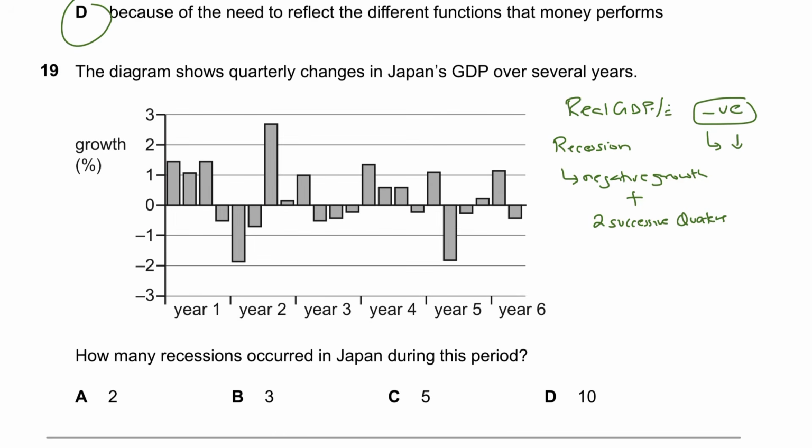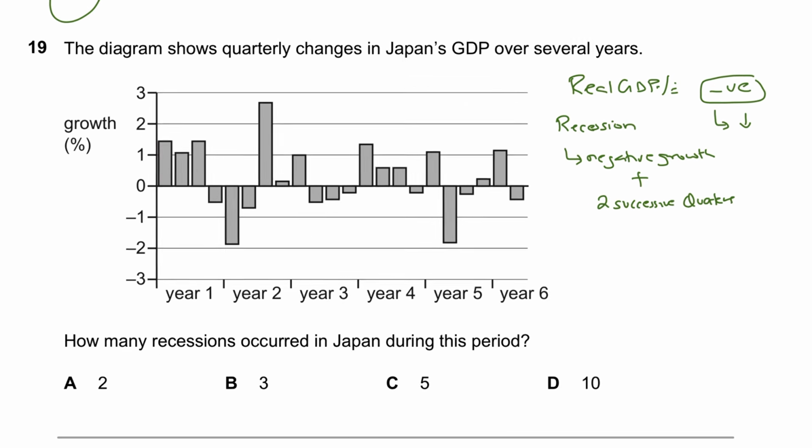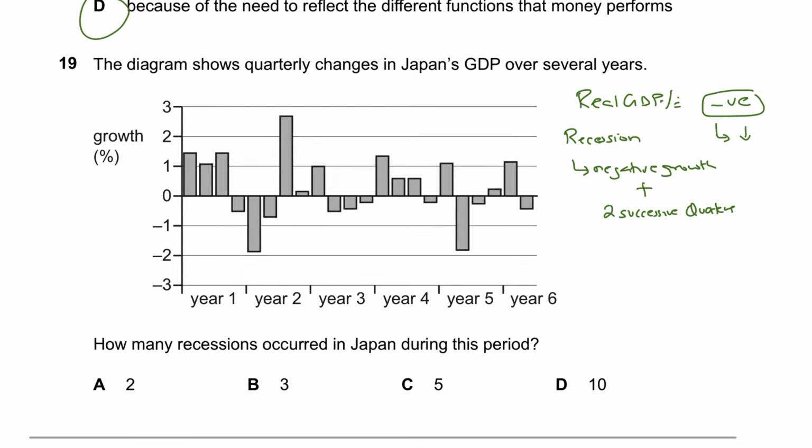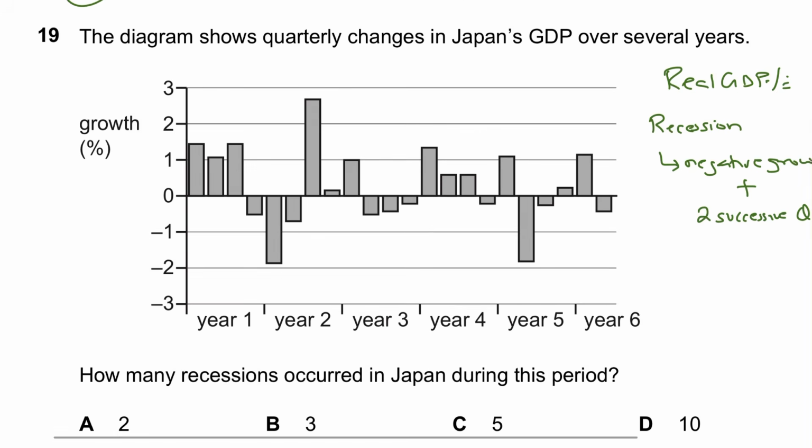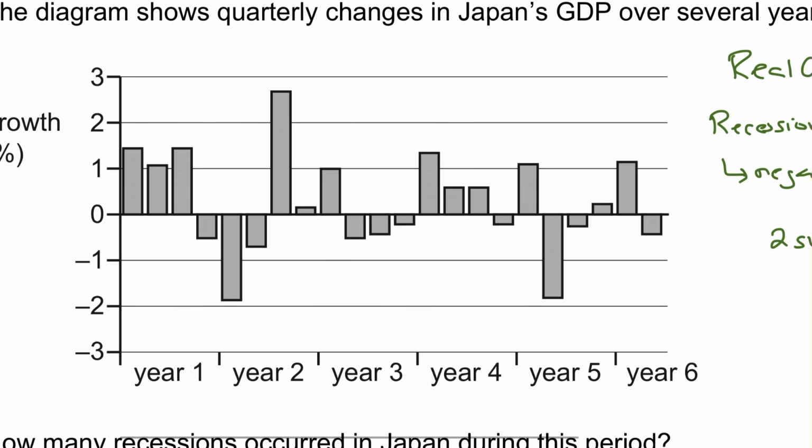It's negative for a consecutive period or successive period of 6 months, that is two consecutive quarters, right? Now, how many recessions occurred in the period during this? So obviously what you need to do is that you need to graphically see that, for example, between up to 2 years in this time period, how many times consecutively you can see